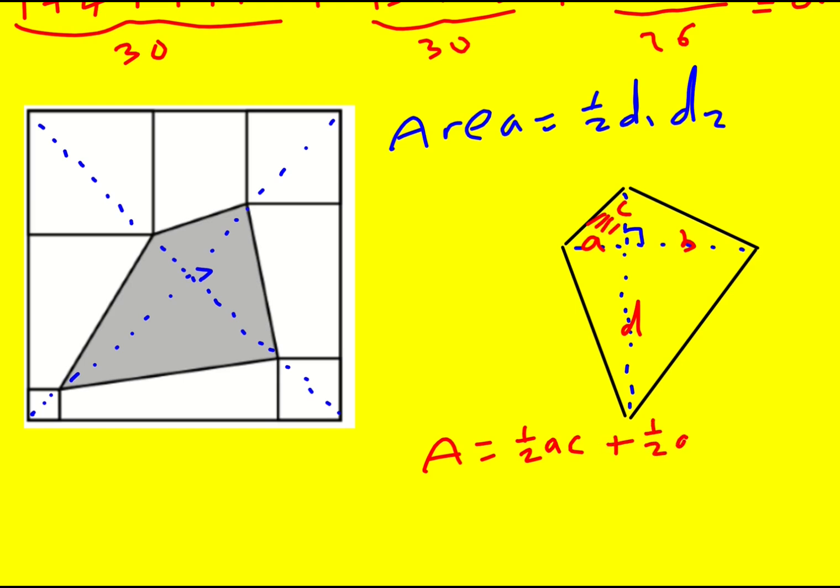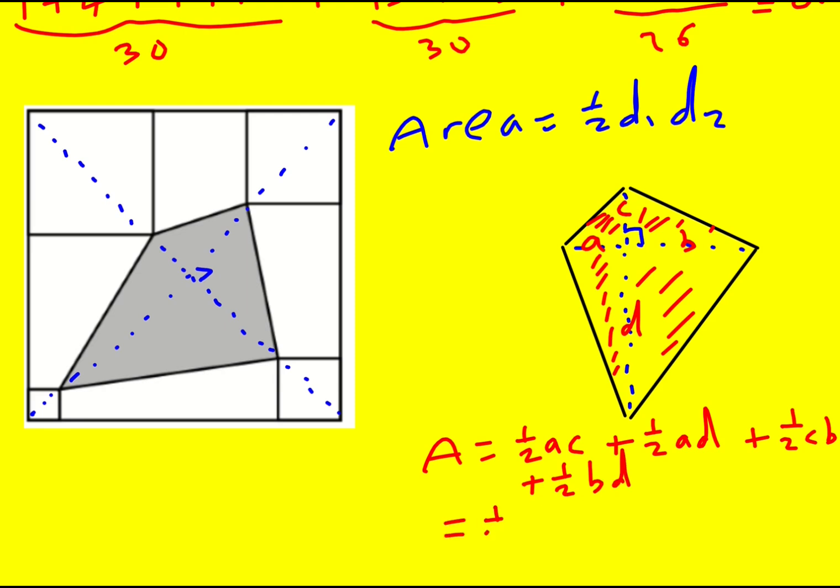plus a half AD, it's this triangle, plus a half CB, or BC, plus a half BD. I could factorize out a half, so it's going to be AC plus AD plus BC plus BD, which doesn't really look like it's going to help, except this will actually factorize,